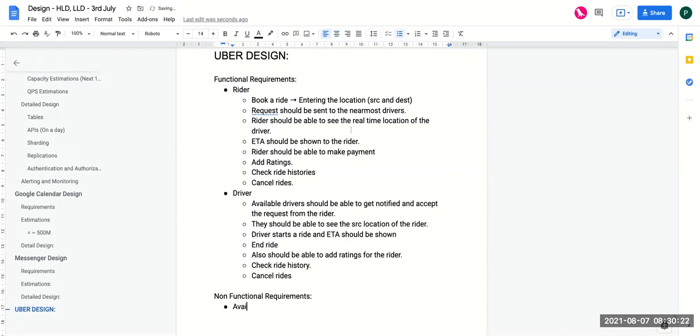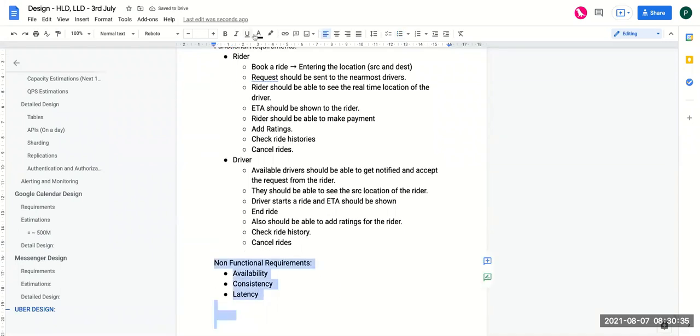Okay, let's consider the non-functional requirements. Let's talk about availability, consistency, latency. I want all of you to think about these three. I'll give you maybe a minute, and then I want every one of you to comment on which one you would prefer. Would you prefer availability or consistency? In which cases will you prefer consistency? In which cases will you prefer availability? Also, what should be the latency of the system? Think about it quickly, and please mention your answer in the chat.